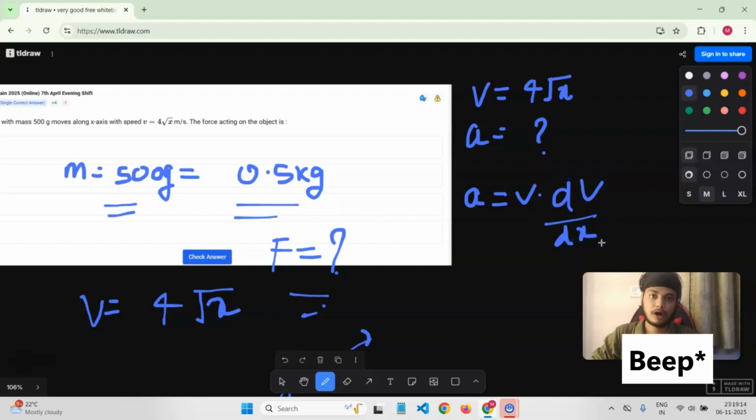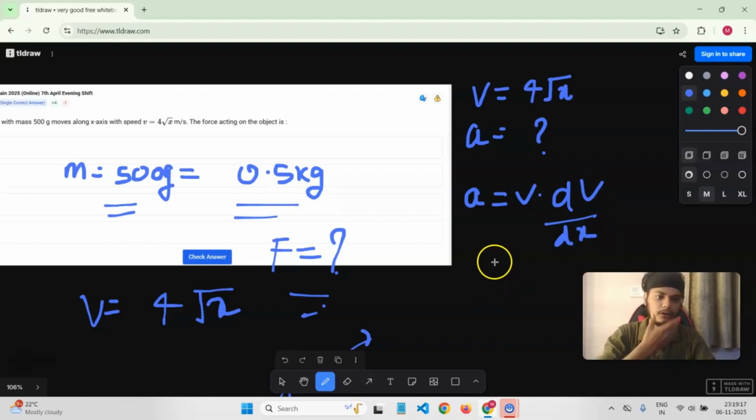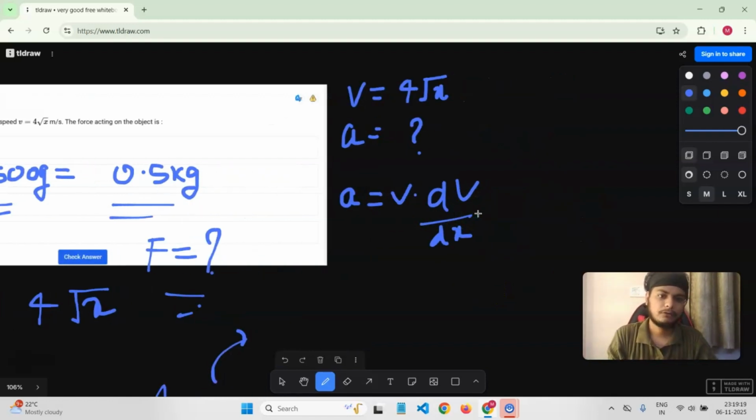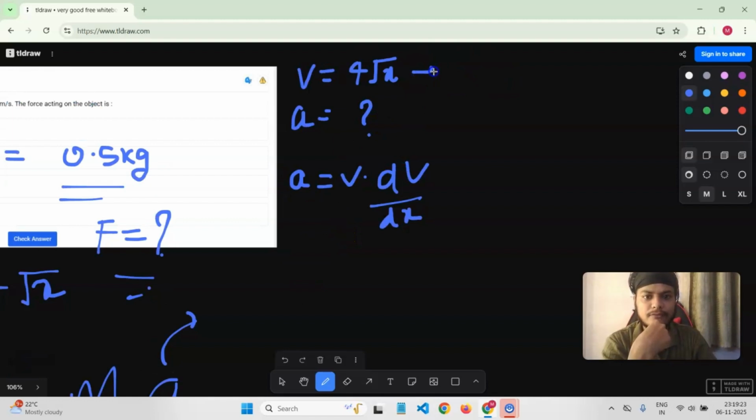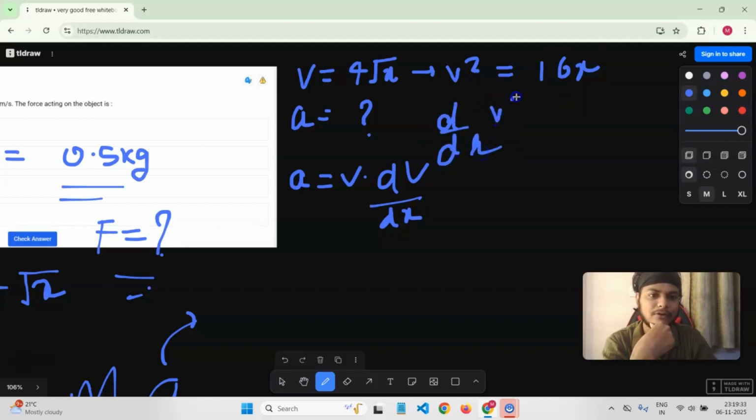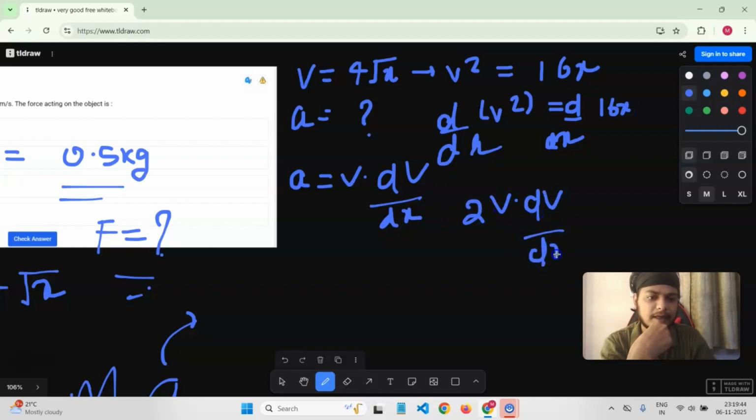If you don't know, then note it. So we know this part. Okay, so cool. Now, what we can do is, here we have v, we can write v square is equals to 16x, just to make calculation simpler. And if I differentiate both sides with respect to x, what will be the output? d by dx of v square and d by dx of 16x. So here we will get 2v dv by dx is equals to d by dx of 16x,